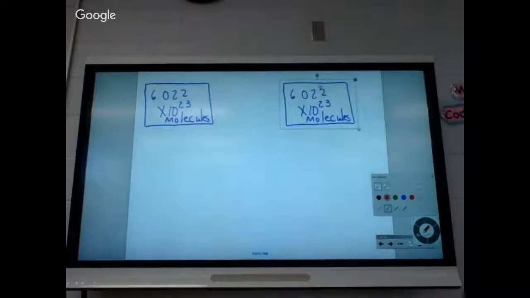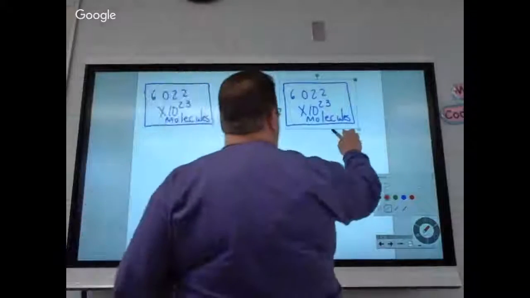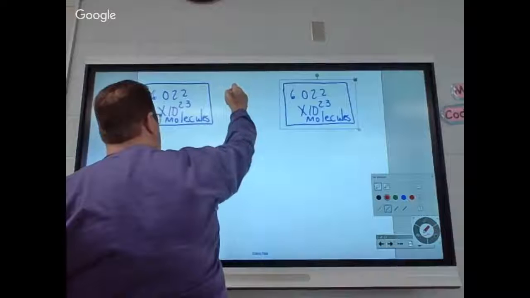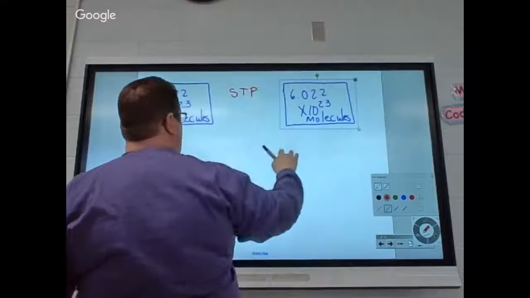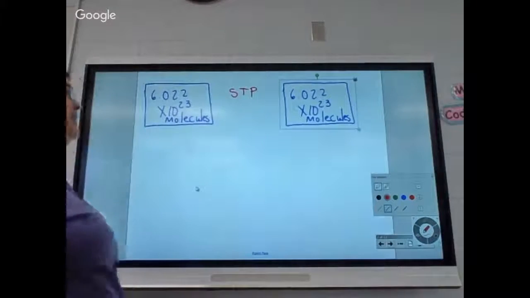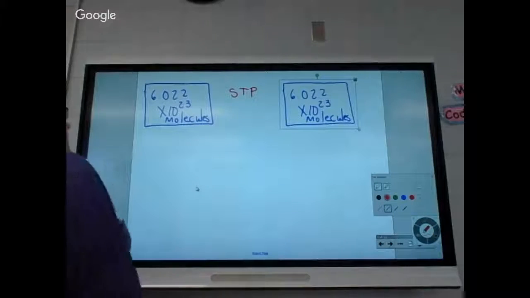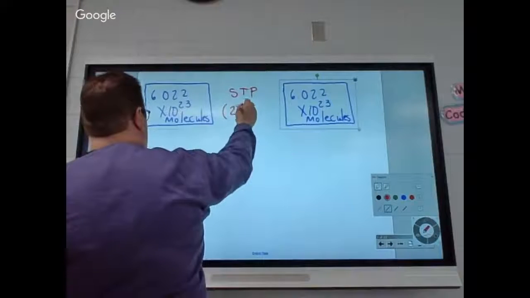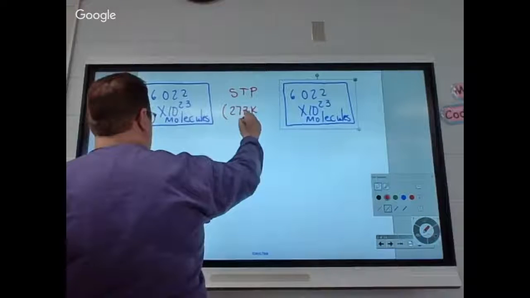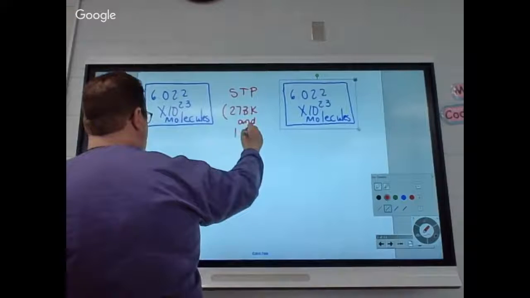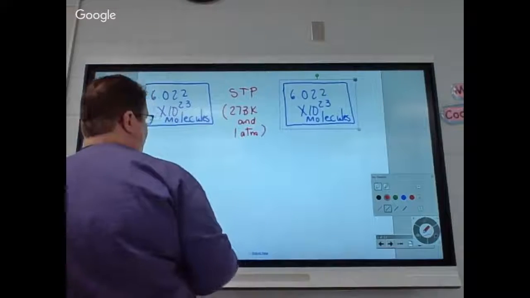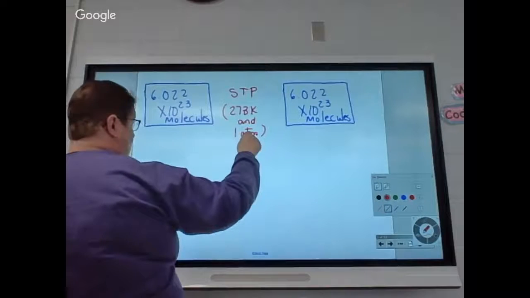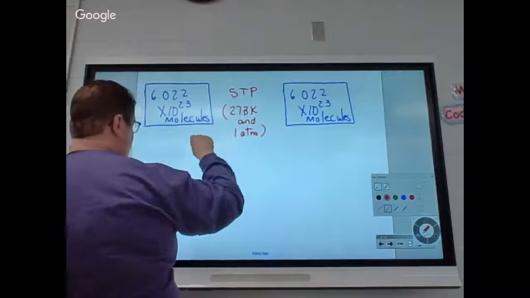All right, we need to redraw that. I'm going to do something else with it. So, let's say that this time Avogadro goes further, and he does it at STP. What have we learned STP is? 273 K and 1 atmosphere. Okay? Now, if he knows the temperature and the pressure, and he knows the number of molecules,